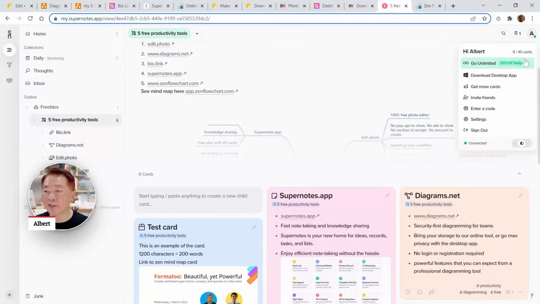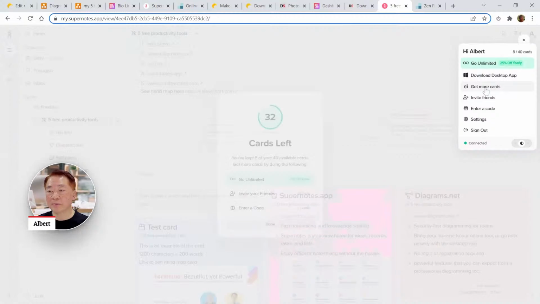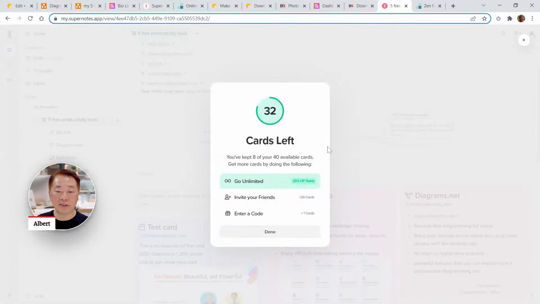So, I just joined as a free user. So you get 40 cards, I've used up 8 cards. In order to get more cards, it's very simple. You just have to refer to your friends. You refer to your friends, you get 20 cards, and your friend also gets 20 cards. So let's